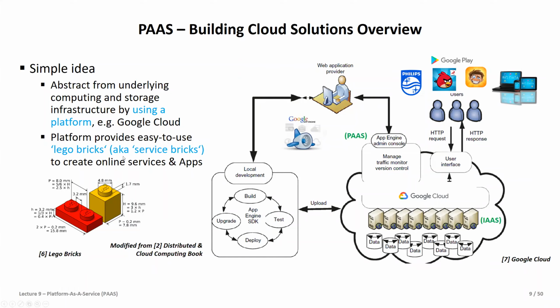And what you also know as a developer, you usually have certain Lego bricks, right? Also if you do local development, you have several libraries that we put in, like scikit-learn. If you do machine learning, that could be a Lego brick. But of course, when you have a platform as a service, you want to have something working in the cloud. So essentially, you pick those libraries or Lego bricks and combine them in order to run on the IaaS, on this infrastructure as a service that we see here on the bottom, in the Google Cloud,